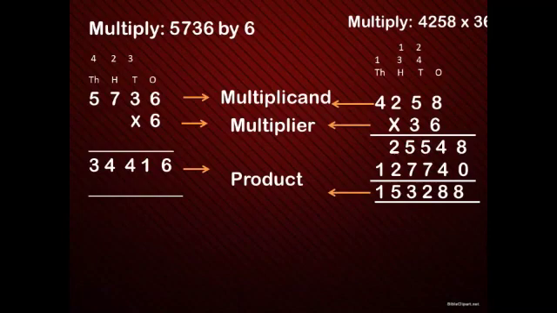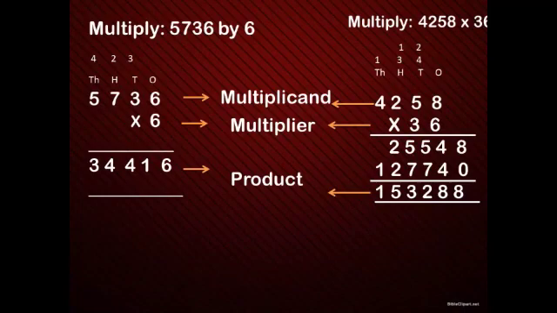Next you will go on to the digit in the tens place. As you are multiplying with the tens digit, you will start writing the answer from the tens place only. And you will put a 0 in the ones place and start multiplying. So 3 8s are 24, carry 2. 3 5s are 15 plus 2, 17. So carry over 1. 3 2s are 6 plus 1, 7, and 3 4s are 12. So you will write as it is and then you will add these 2 steps.